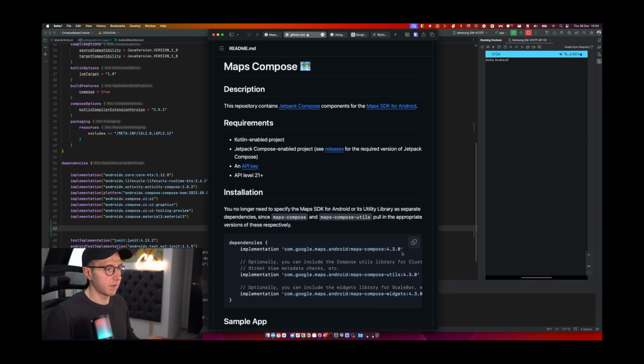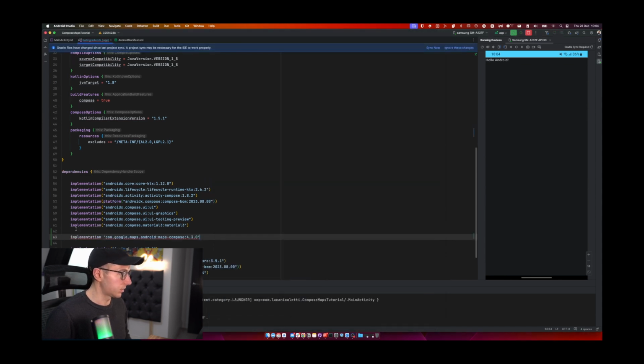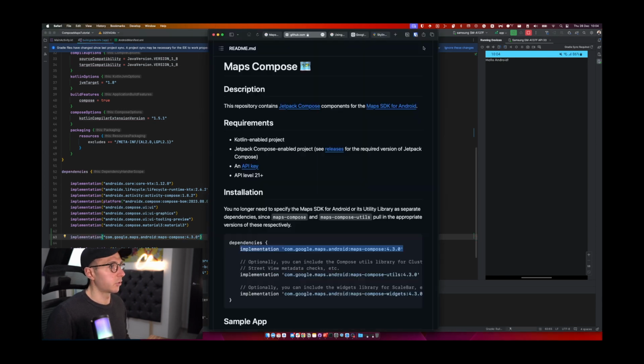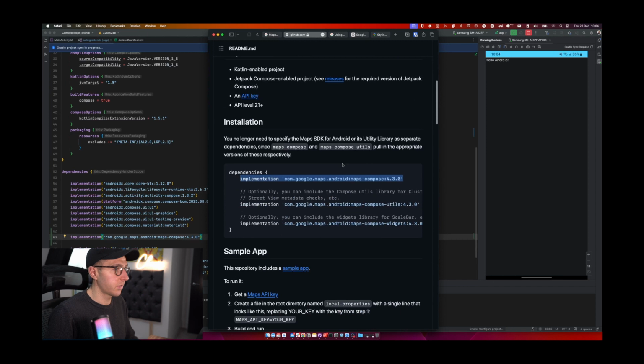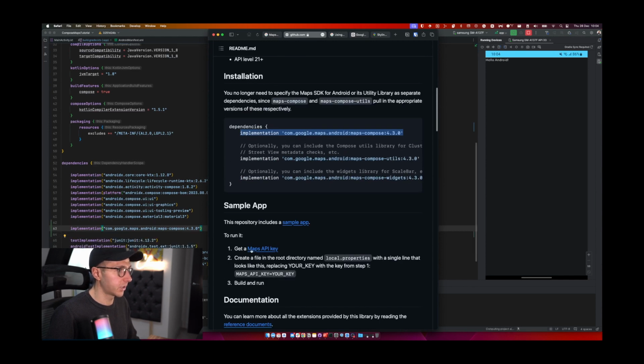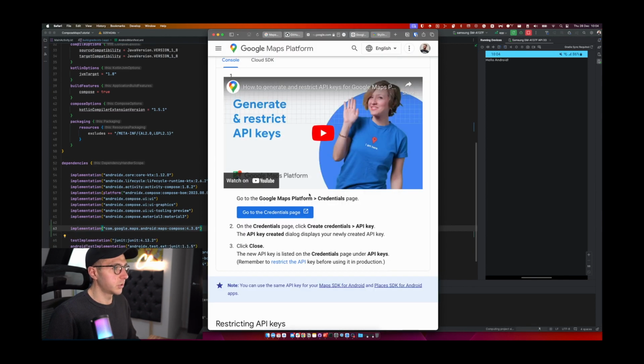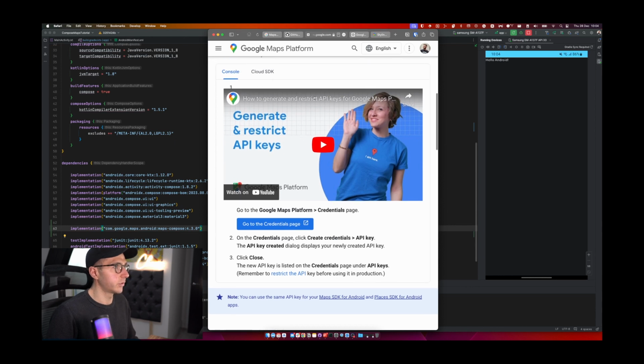And so first thing first that we will need to do is to add the implementation. So let me do it, and sync the project. While it syncs, the second thing that you need to do is to gather an API key. So in order to use the API key, you need to go through this page and click on go to